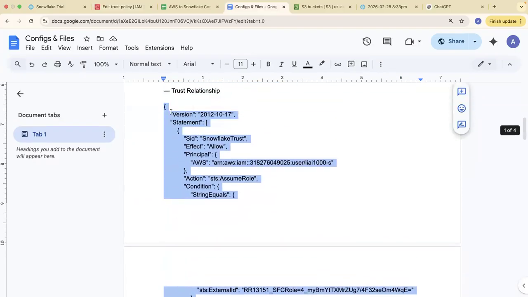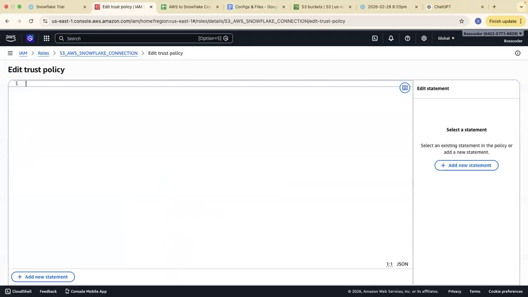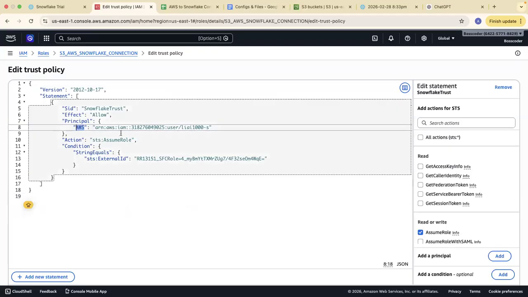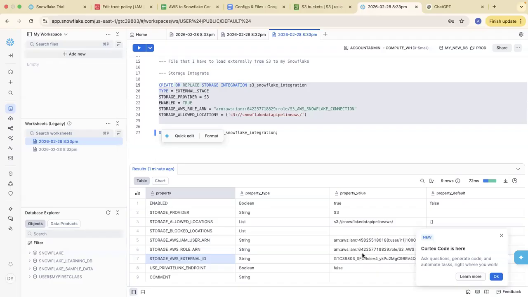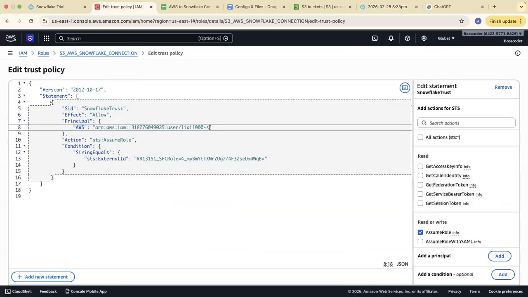Once you have added this much, remove everything and paste the things here. And in the place of AWS, copy and paste this particular value.